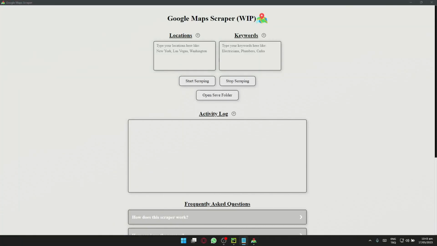Hey everyone, today I will quickly showcase the Google Maps scraper I am working on. Basically, this tool lets you enter multiple locations and multiple keywords, then combines them together and goes through each of them. Like for example, you type in New York